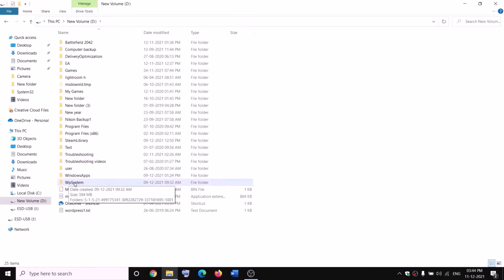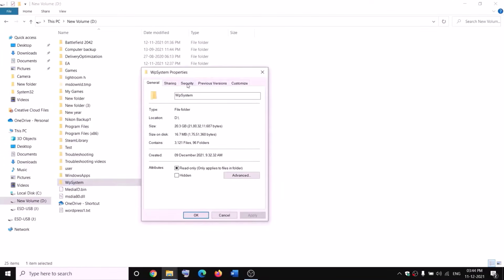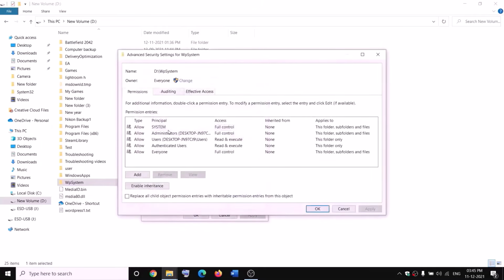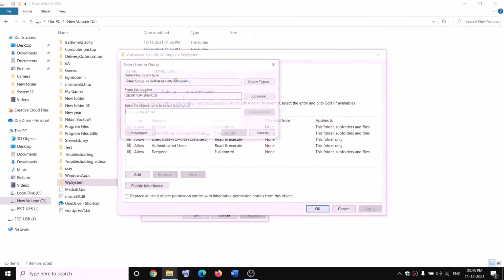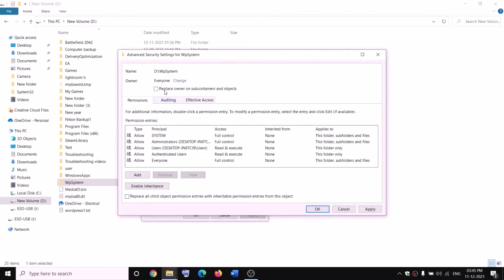So right click on WP system folder and then select properties, go to the security tab. We will go ahead and take the ownership of this folder. So go to security tab and then click on advanced. Now click on change over here and then type in everyone over here, and then click on check names, then click on OK. Now put a check on the box which says replace owner on subcontainers and objects, and then click on apply,